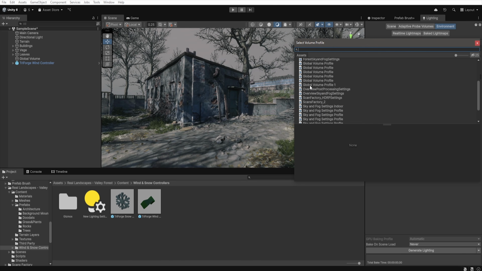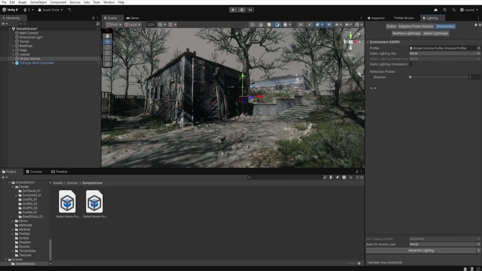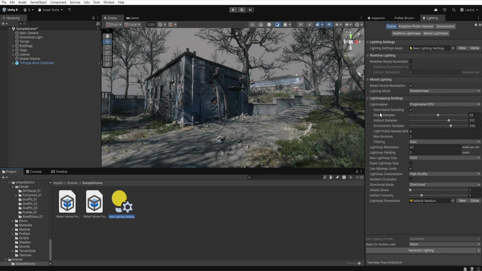After adding post-processing, all that's left was to add a reflection probe and bake the scene. And that's almost everything in this